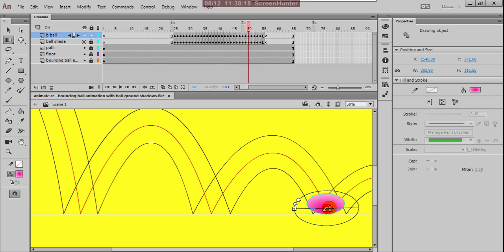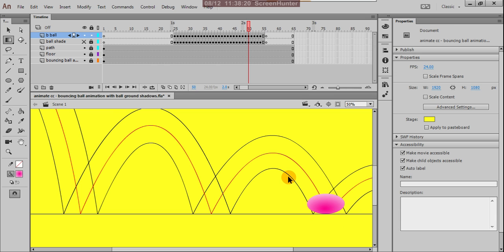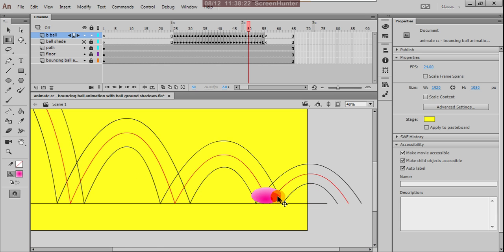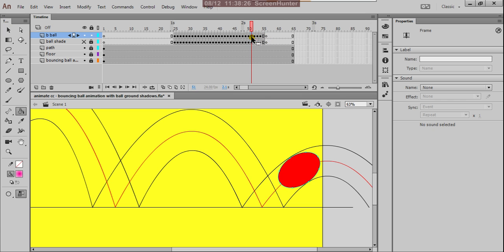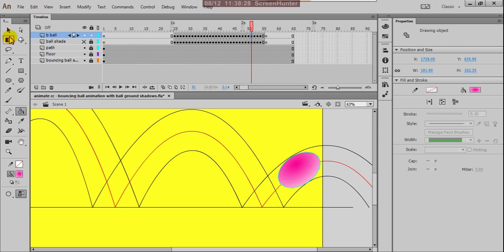Right, and then a few more frames you have to do. So we do that, and it is coming in opposite. So we turn this and give the light direction.